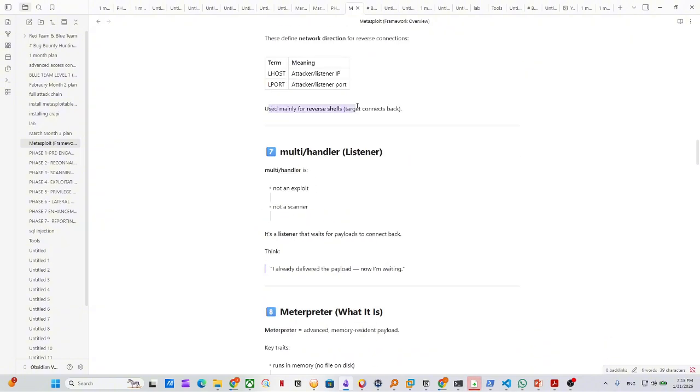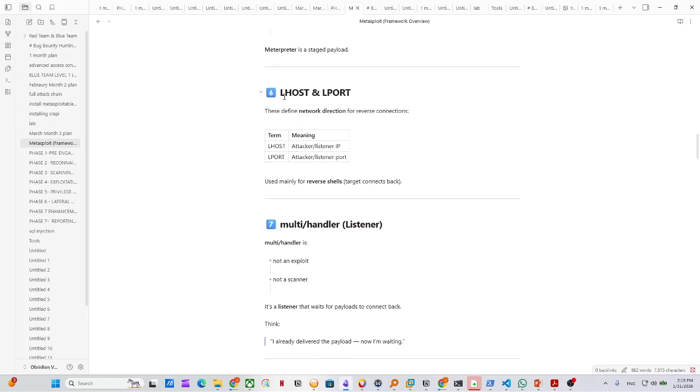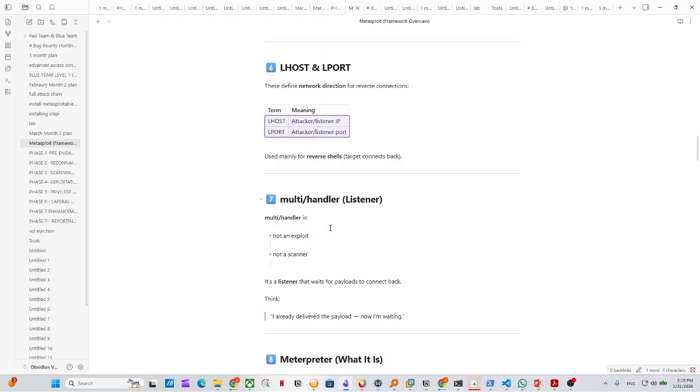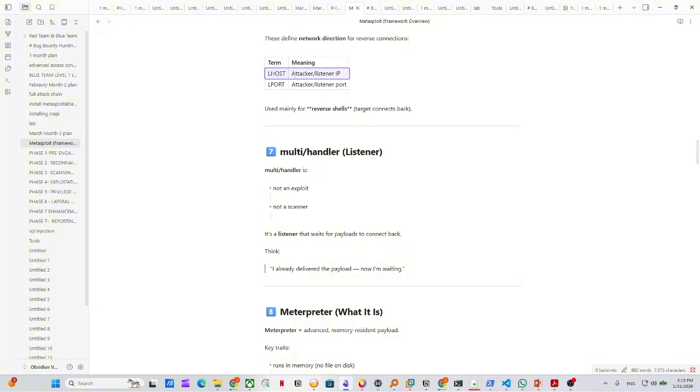Used mainly for reverse shell. Target connects back. We need to set this mainly for reverse shells. A reverse shell is when the target wants to connect back, so it's going to use your LHOST, right? So you have to make sure the LHOST is actually your